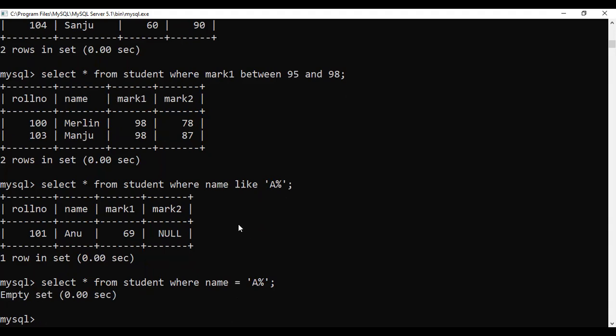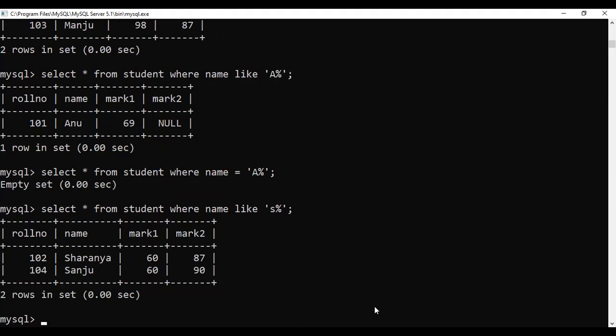This also comes as an error question and a case study question. You have to correct it. Okay, you have to keep that in mind. Next thing is what? Starting with S. So what is that? We have to give S, after that percentage. Okay, S, name LIKE 'S%'.